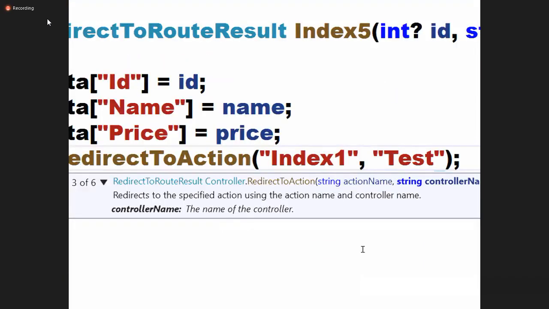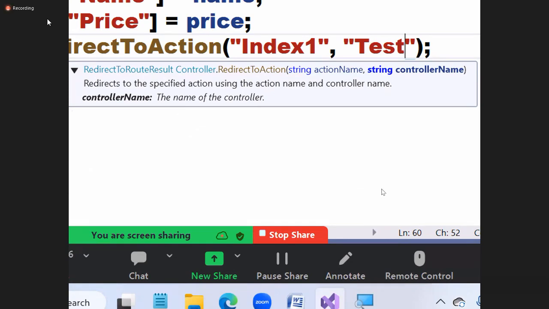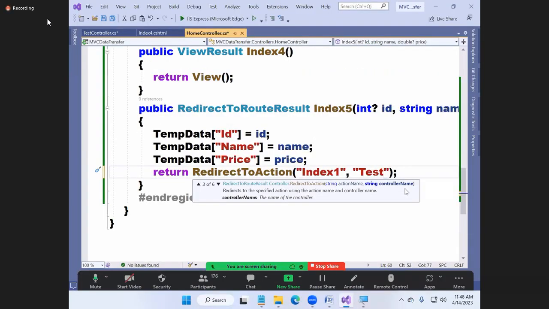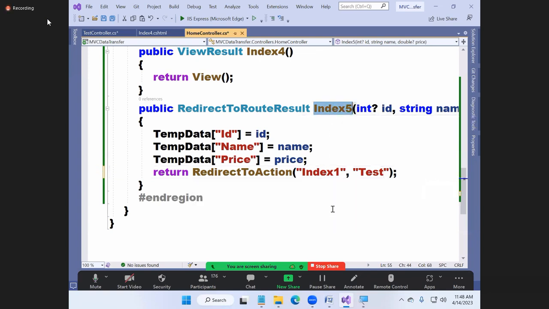See, when you're typing, it shows you the action method name, controller name. If I don't tell the controller name, the default controller is the same. But if I tell the controller name, it will take you to another controller. So now you're jumping from where to where? HomeController to TestController. Index 5 to Index 1. Is it clear?